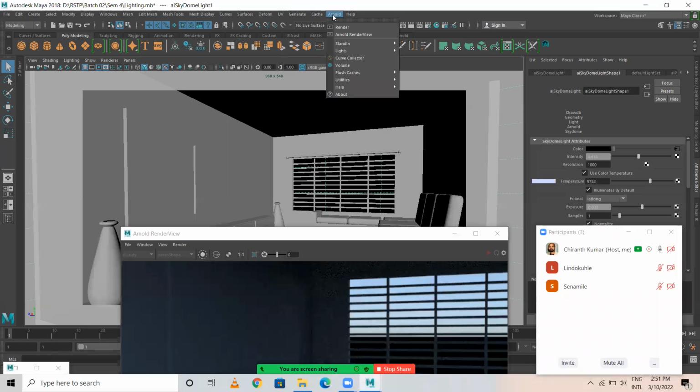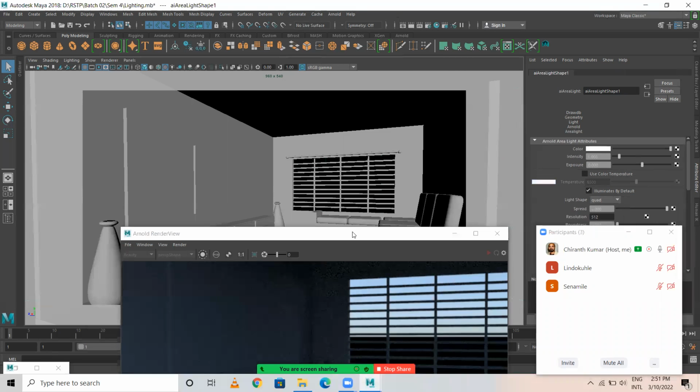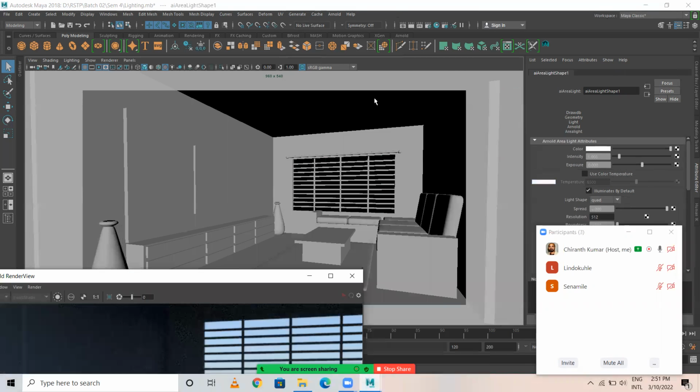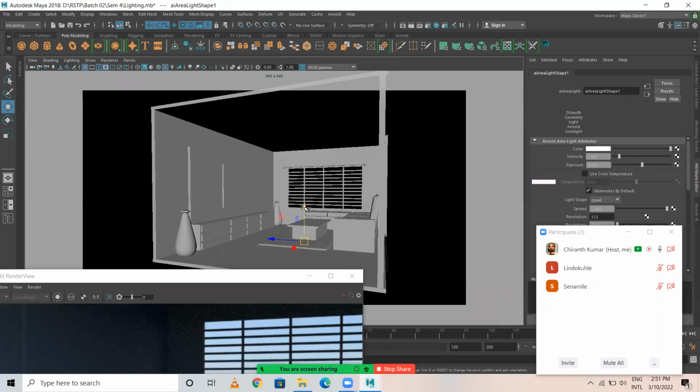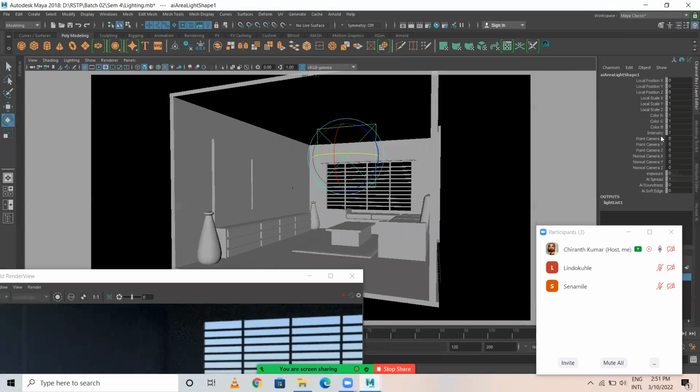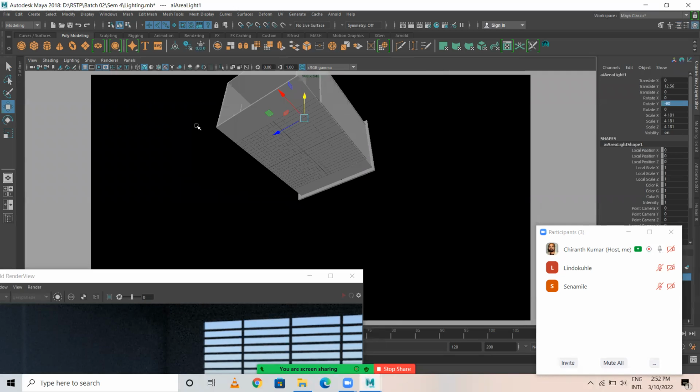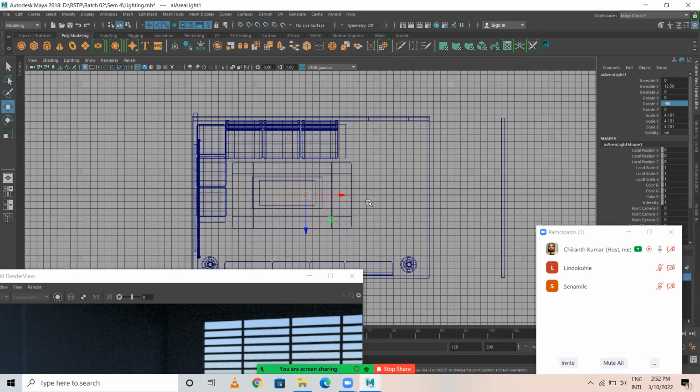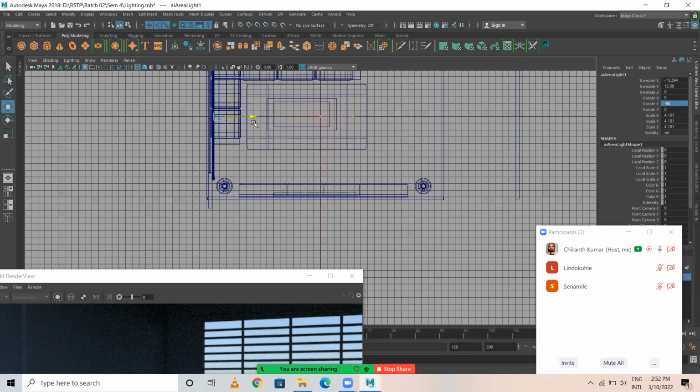I'll take another Arnold light, that is, I'll take an area light. So I have an area light now. So what I'll do, I'll make it quite bigger first. Then I'm gonna rotate this to minus 90. I'm gonna place this somewhere here.